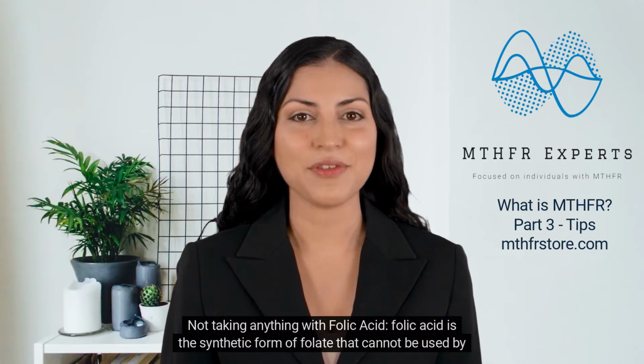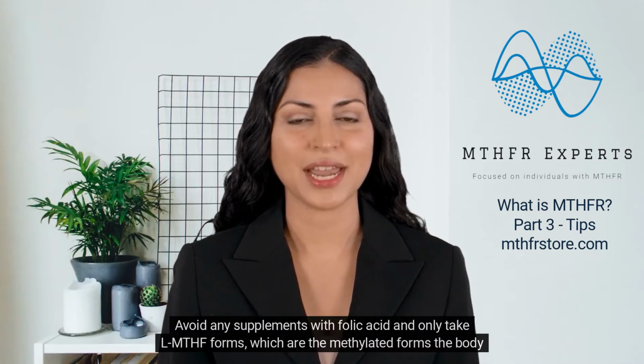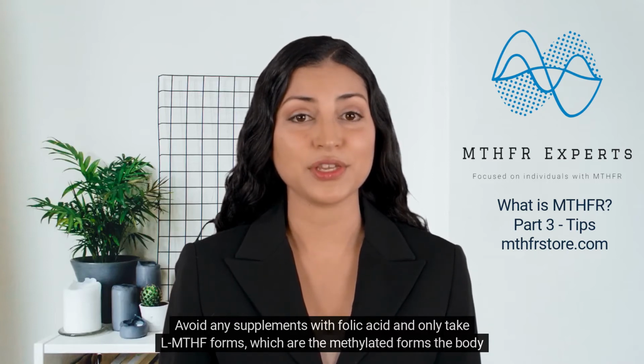Not taking anything with folic acid. Folic acid is the synthetic form of folate that cannot be used by those with an MTHFR defect and which can be very toxic. Avoid any supplements with folic acid and only take L-MTHF forms, which are the methylated forms